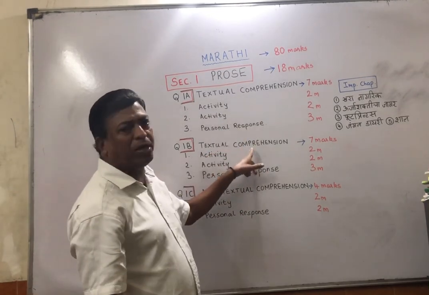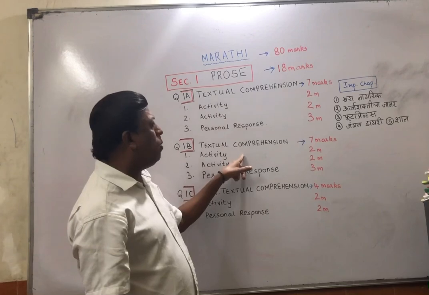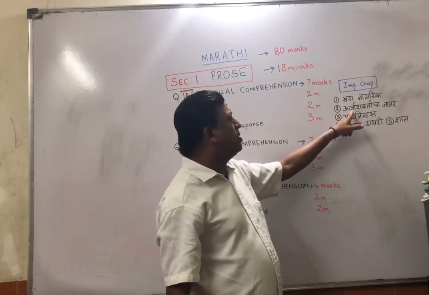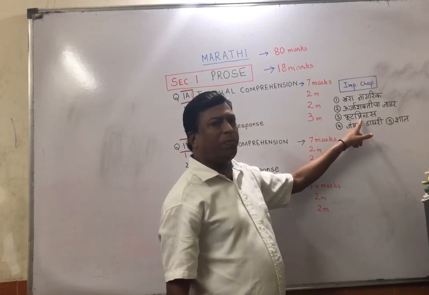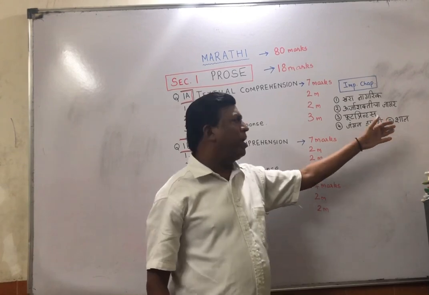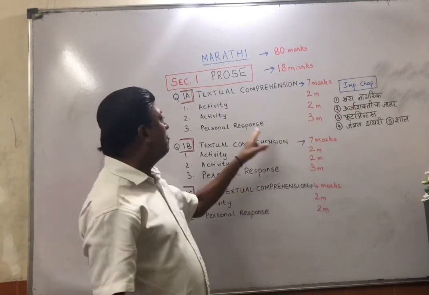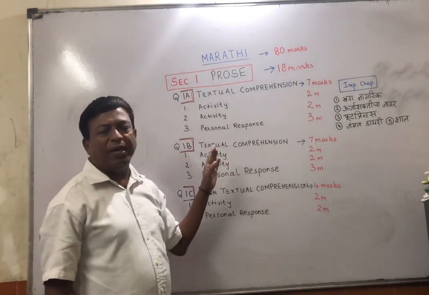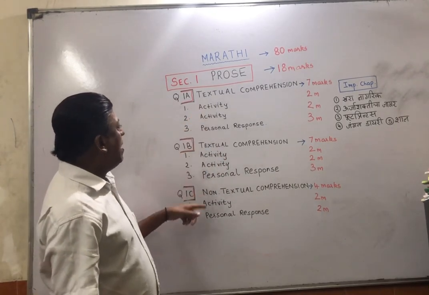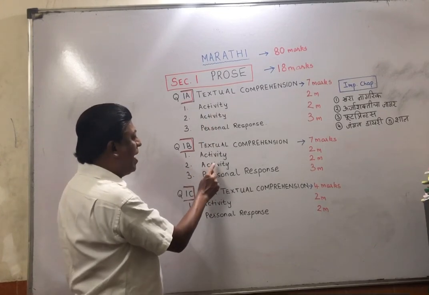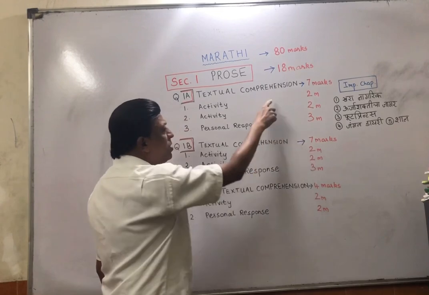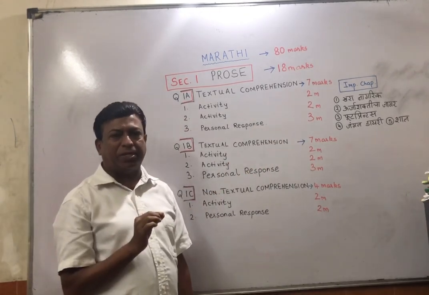Now which are the important textual in 1A and 1B? The important chapters are Khara Nagrik, Urja Shakticha Jagar, Footprints, Jungle Diary, Shal, or even Upwas if you can do. Please read these 5-6 chapters in 1A and 1B. It will definitely come. Now in 1A and 1B, there is activity, activity, activity, activity, 7, 7, 2, 2 marks. So 4 and 4. These answers you have to search from the passage.